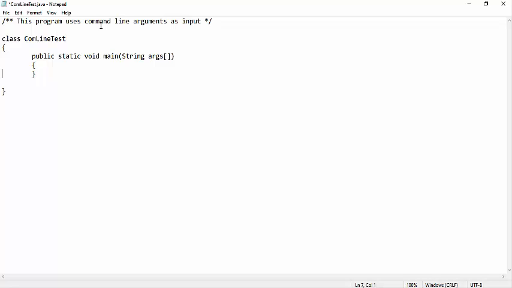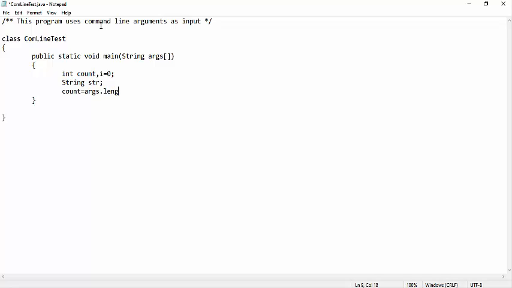In the main method, I am declaring the variables to count the number of arguments passed at the command line, and for every iteration we have to count the value. For that purpose I am using one looping variable, that is i, for the while loop. I am declaring that variable in the main method only. And the next variable, here I am declaring str of type String, to store the command line argument value.